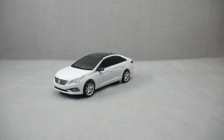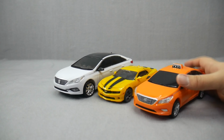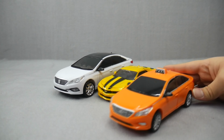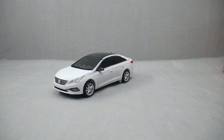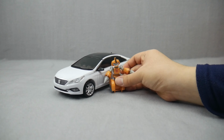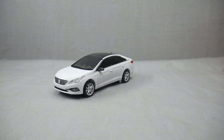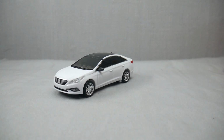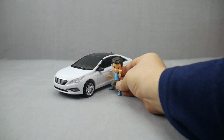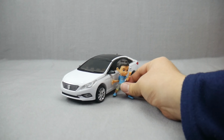Size comparison. Masterpiece Movie Bumblebee. The Sonata Arty Taxi from Road Saver. And some other smaller figurines that might scale with this car. Little old Transformer Adventure Fix-It. A Star Wars Rebels Stormtrooper. And the SD figure Chatan, which I may or may not review if I decide to drop $100 and get